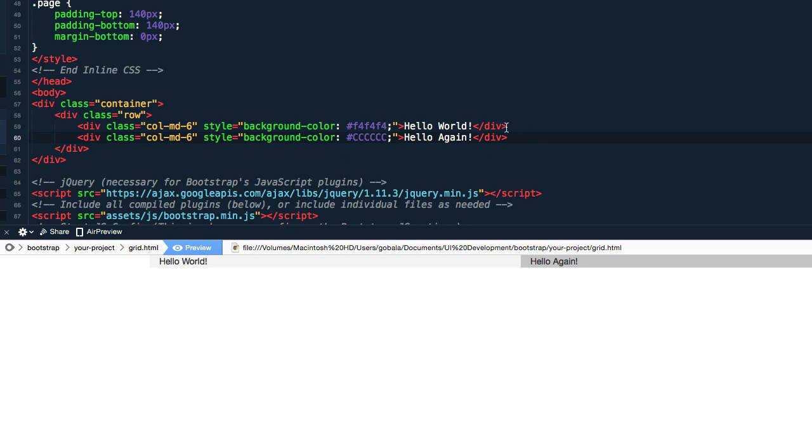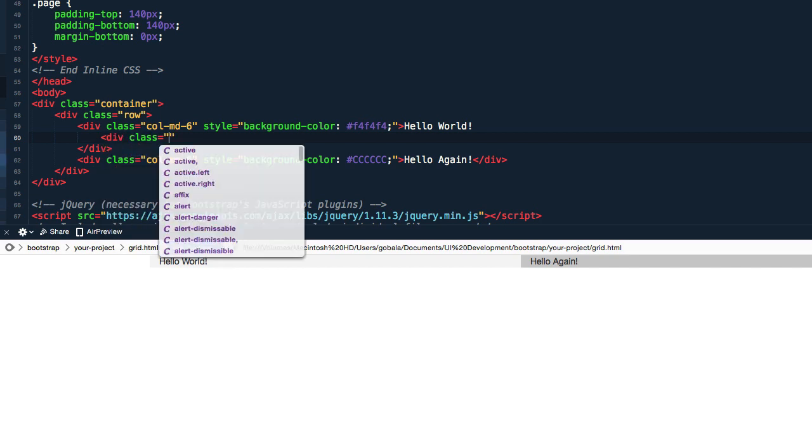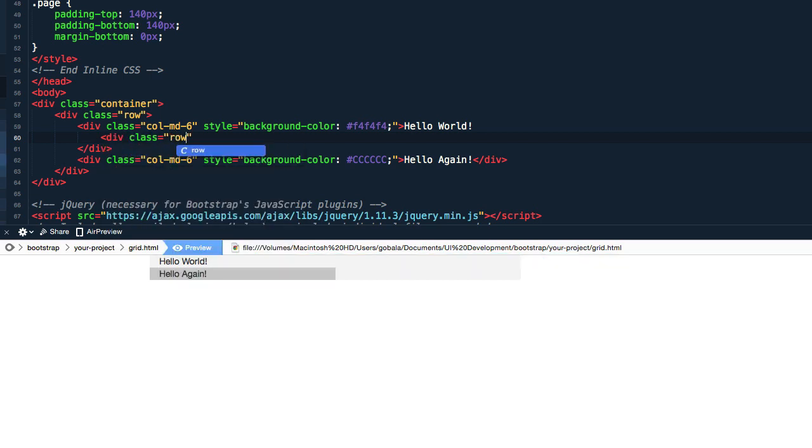So to create nested columns or nested rows in Bootstrap, you have to be working inside of the current column. For example, this column MD6. Okay, let me create another row inside that column. So I'm going to type div class equals to row. Okay, I'm going to close that tag,